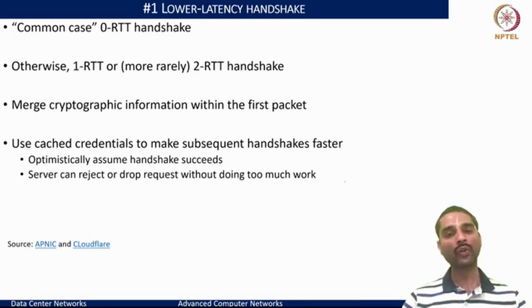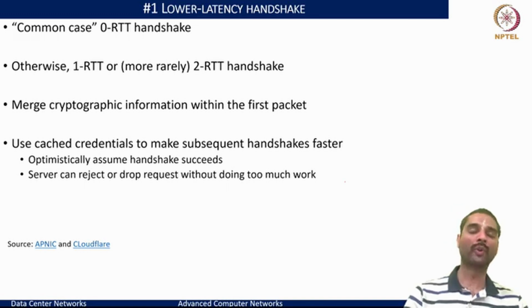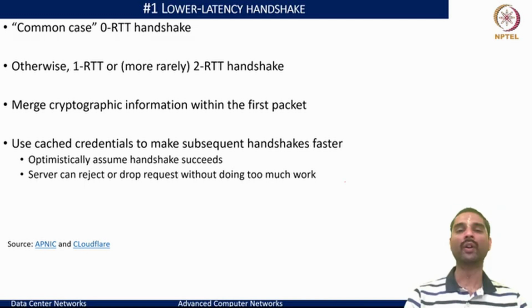And only in very rare cases where there is no support for QUIC, and the client had started with QUIC, you would have to fall back to the TCP connection. That meant you would go up to a 2 RTT handshake when you know that there is no support for QUIC. And this is the most common case that we see with traditional TCP, and it's still the same. And what other important aspect QUIC also tried to address is because now you are trying to merge the cryptographic information within the first packet.